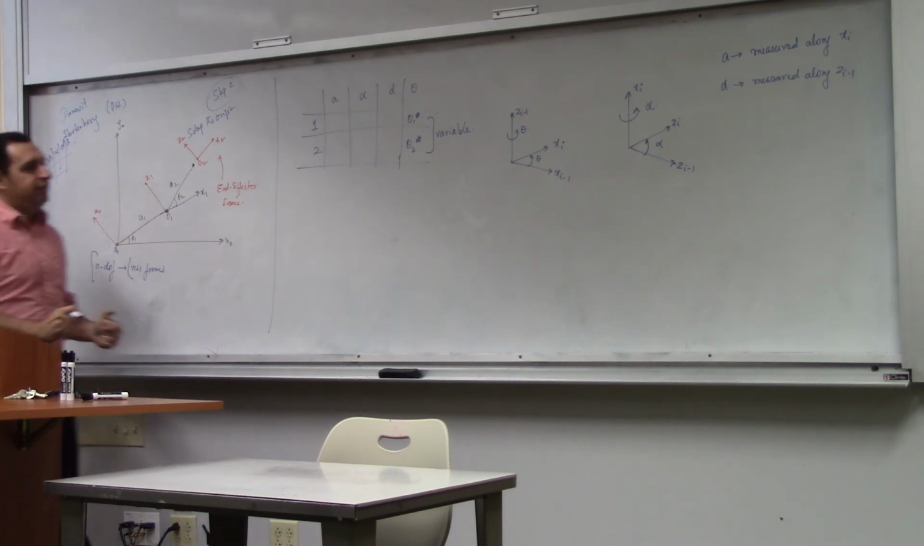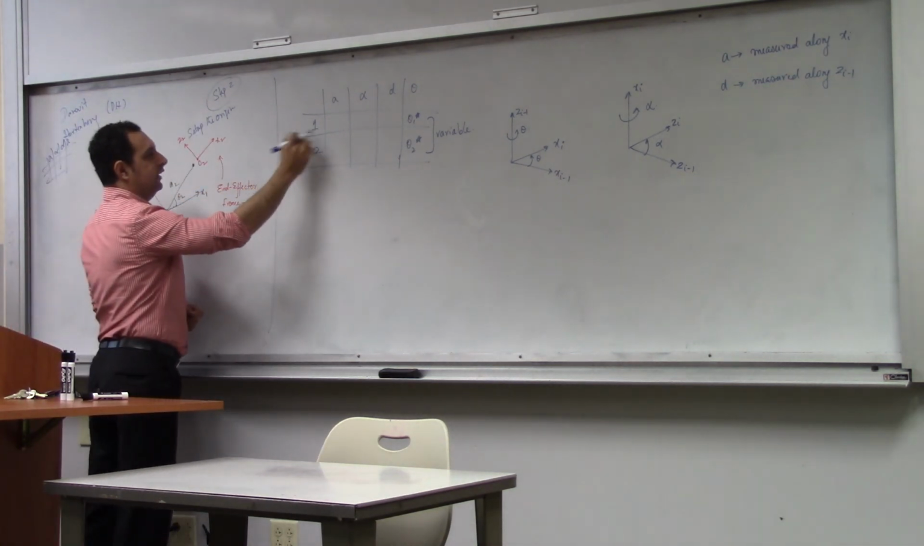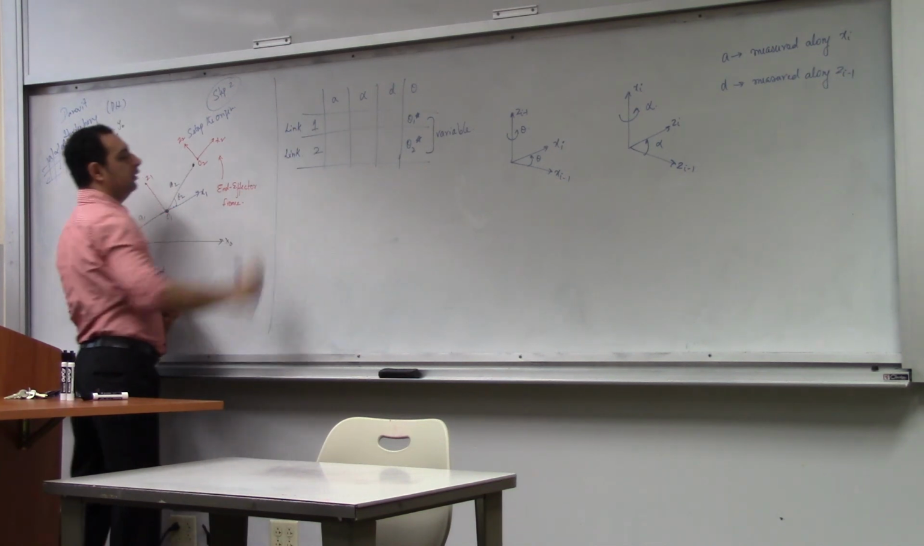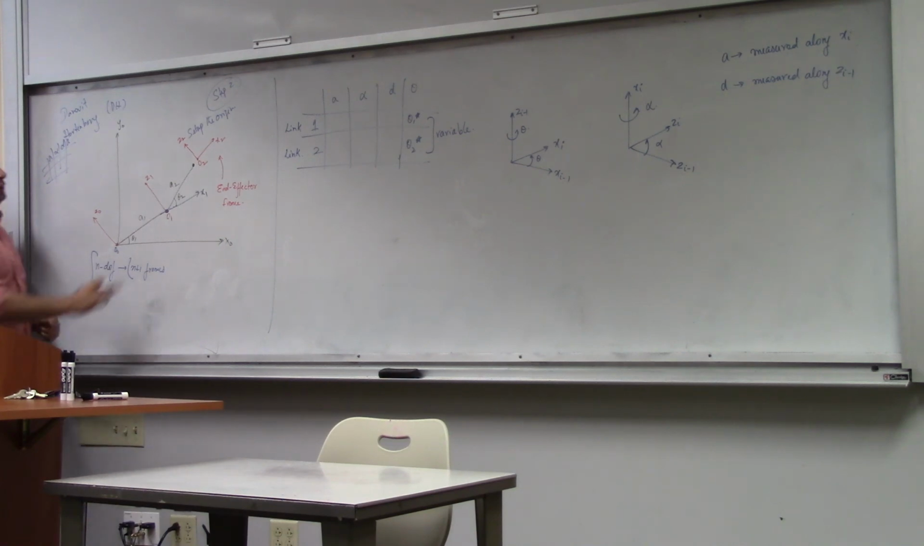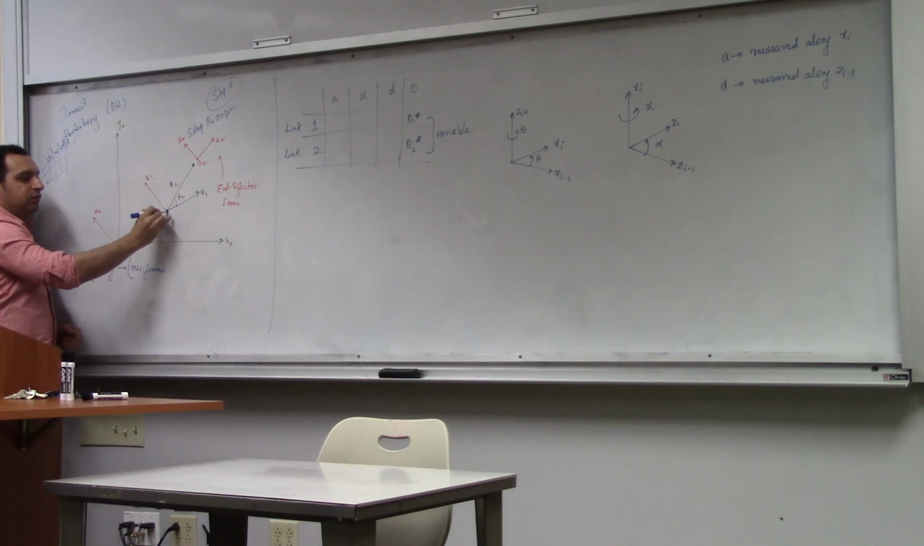Okay, let's start with A. How do we measure A? A is measured, A1 in this case, this is link 1, link 2. Okay, so A is measured along x1. You measure x1 from here until you go to the previous origin. So from here until it intersects